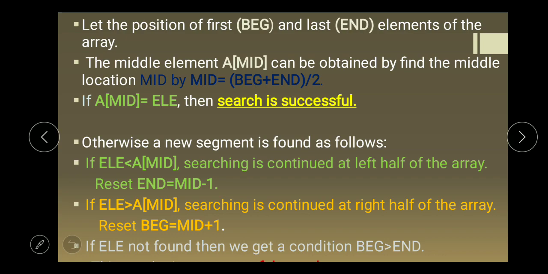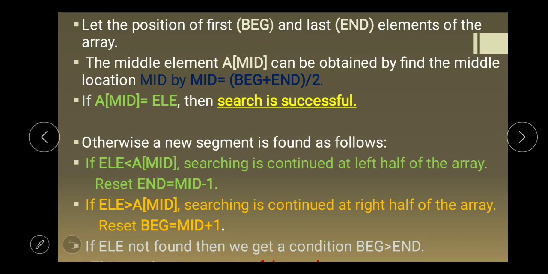Let the position of the first element be BEG, that is beginning, and the last be END, that is the end element of the array. The middle element, A of MID, can be obtained by finding the middle location. MID is equal to beginning plus end divided by 2.